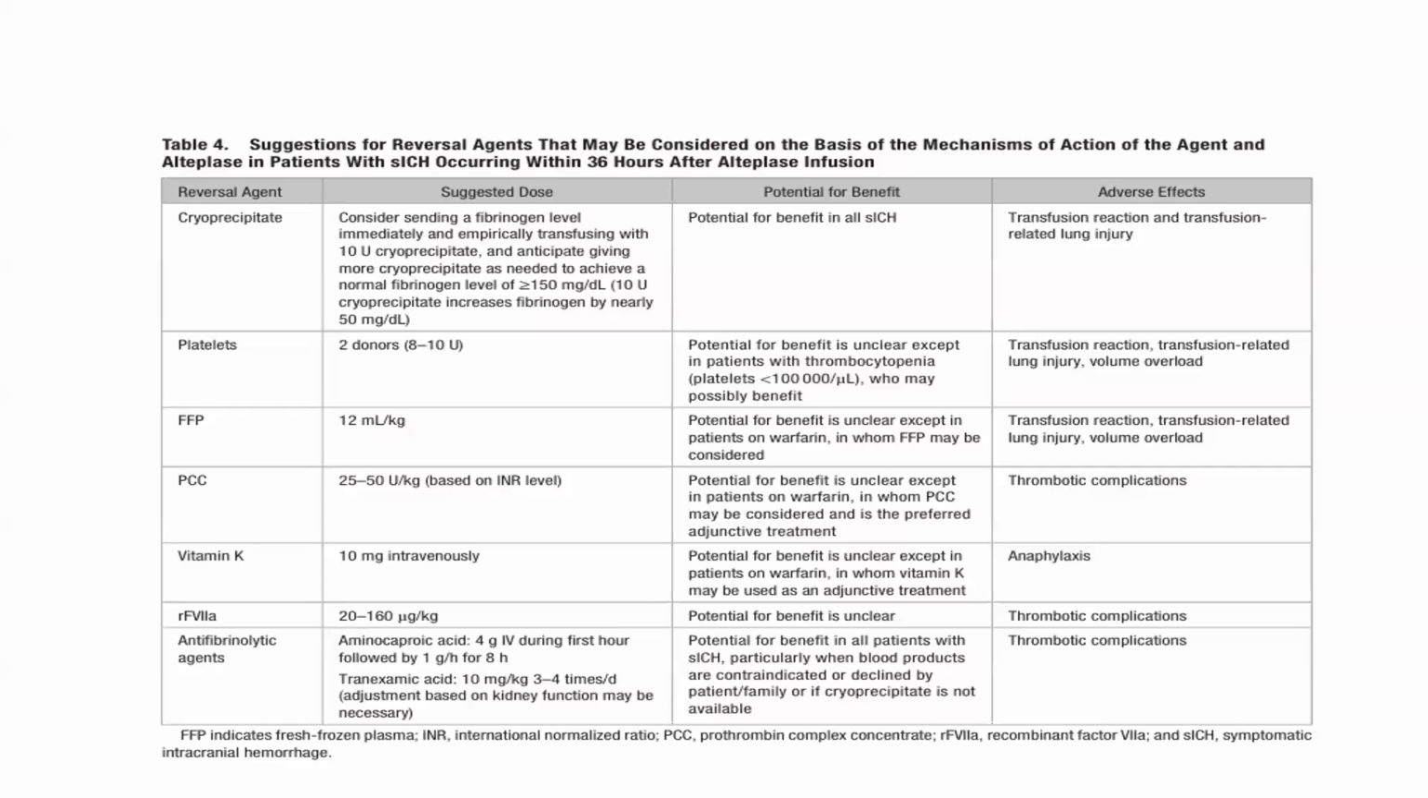Now, the last agent that we can use is tranexam. Either aminocaproic acid or tranexamic acid. So both of these agents are antifibrinolytic agents. Aminocaproic acid can be used in the dose of 4 gram IV during first hour, followed by 1 gram per hour for 8 hours. And tranexamic acid can be used in the dose of 10 mg per kg 3 to